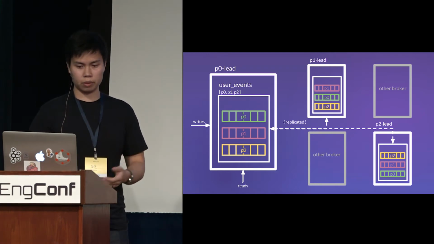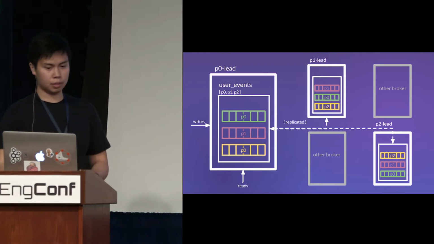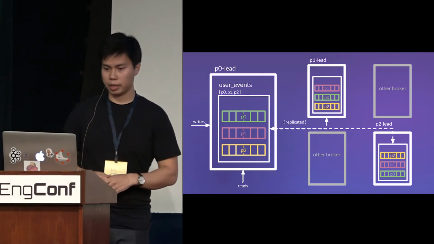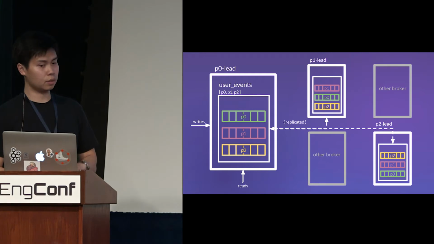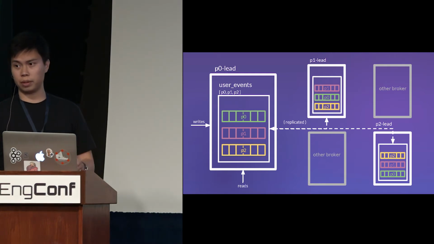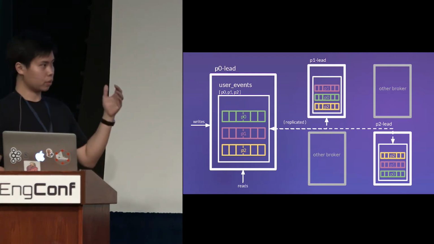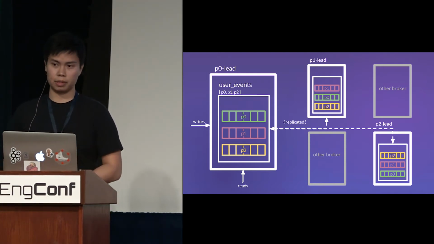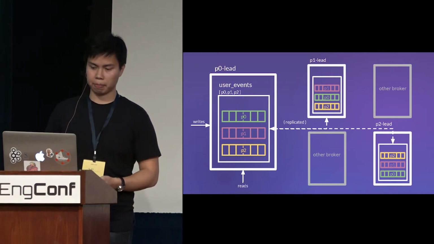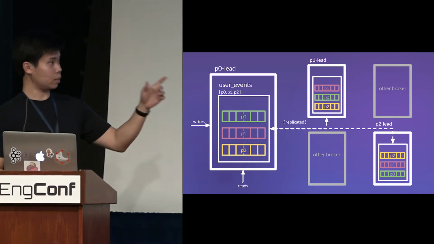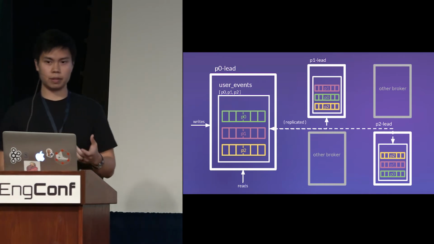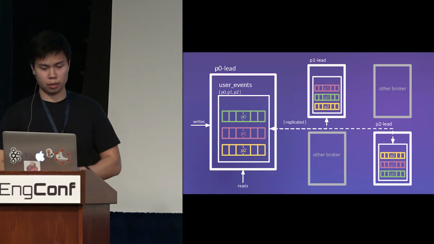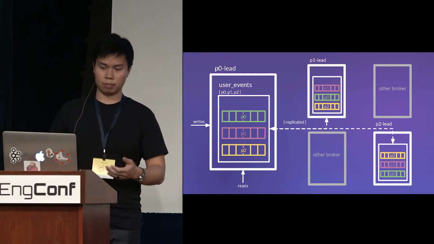Now, recall that brokers have topics, and topics have one or more partitions. So in this example, we'll see that the user events topic has 3 partitions, P0, P1, and P2, where the broker on the left is lead for partition 0, and the broker up top is lead for partition 1, and so on. Now consider the line in the middle. It says replicated here, which means that the user events topic is replicated. So in other words, the partitions are individually replicated onto other brokers.